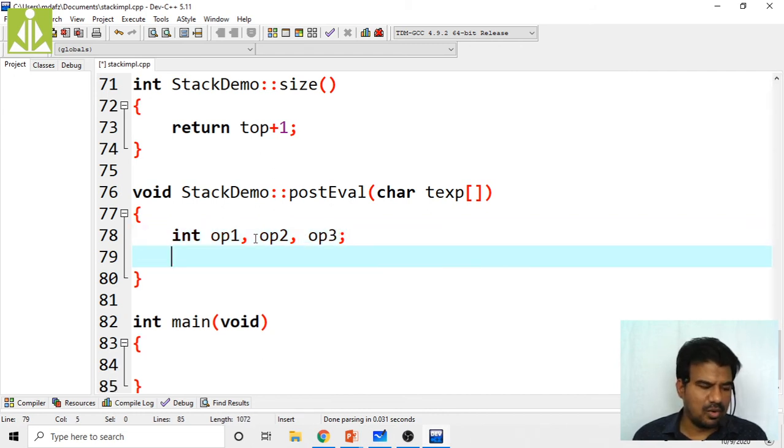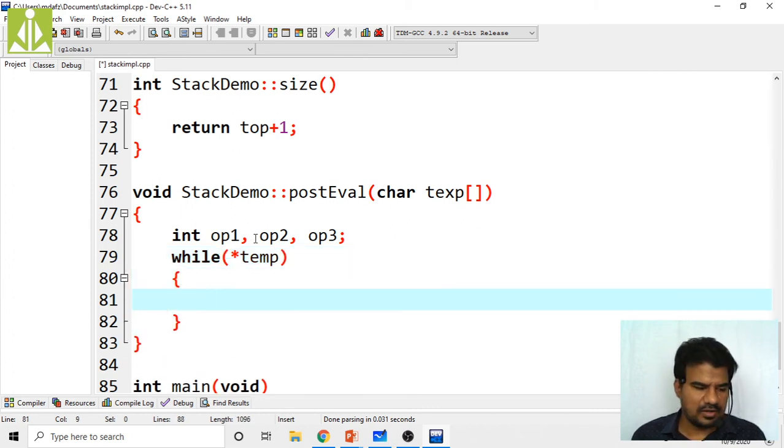We need to take the while loop, simply check every character in this expression. If the character is an empty space, that is TEXP equals to, how do we represent the space here, like this.